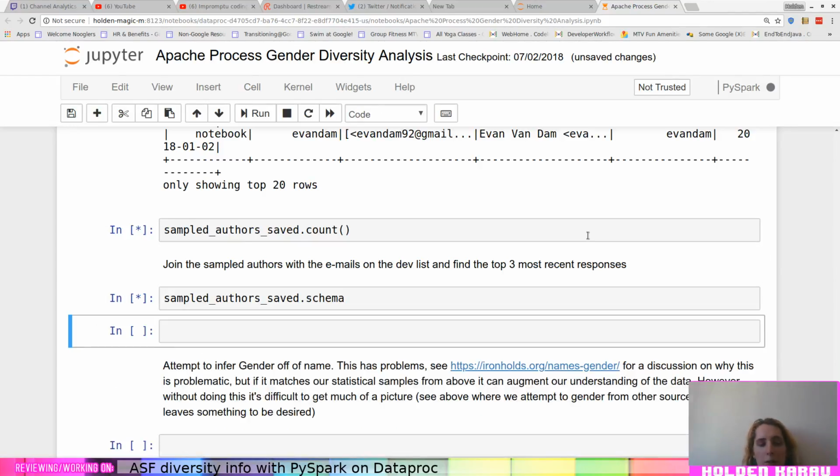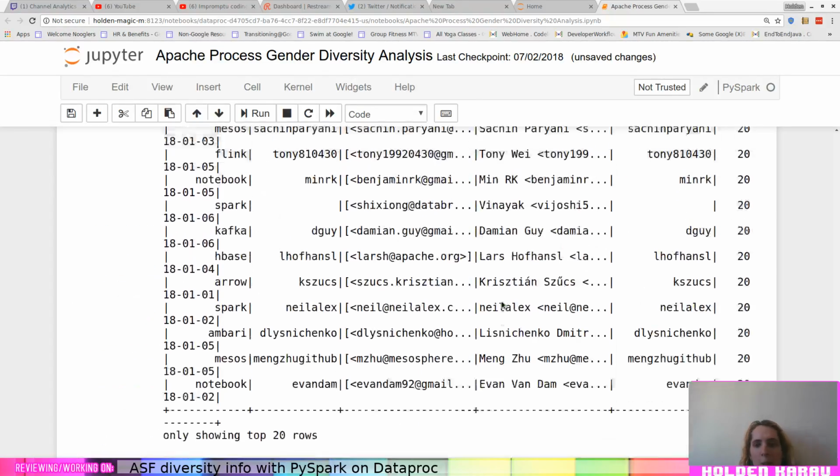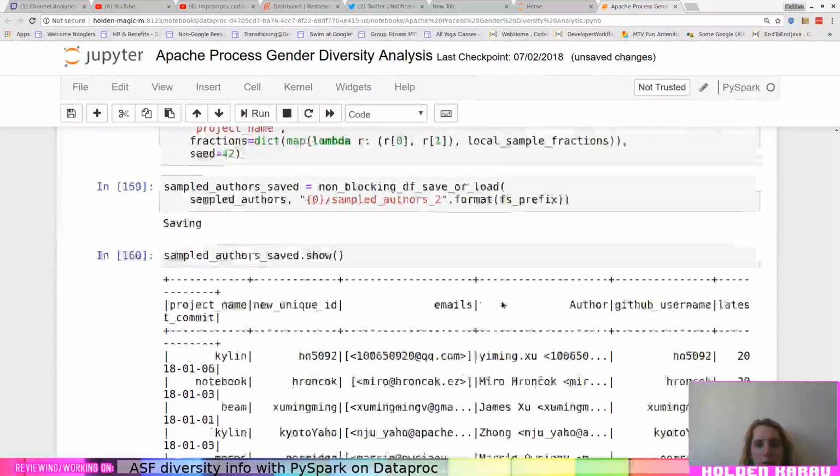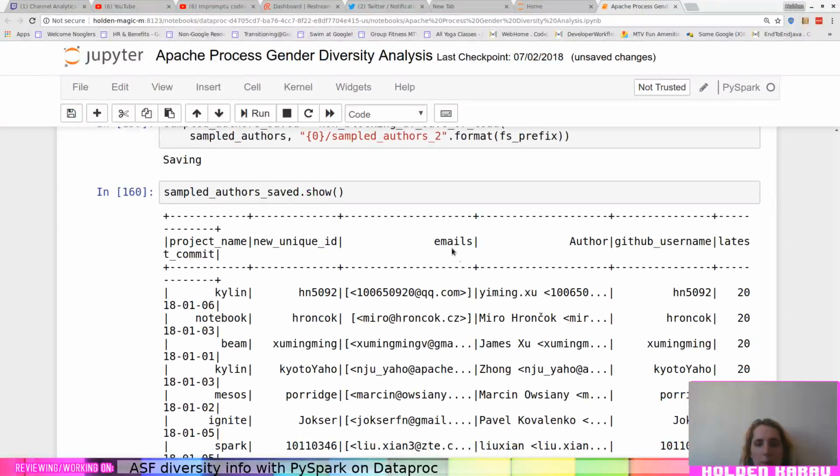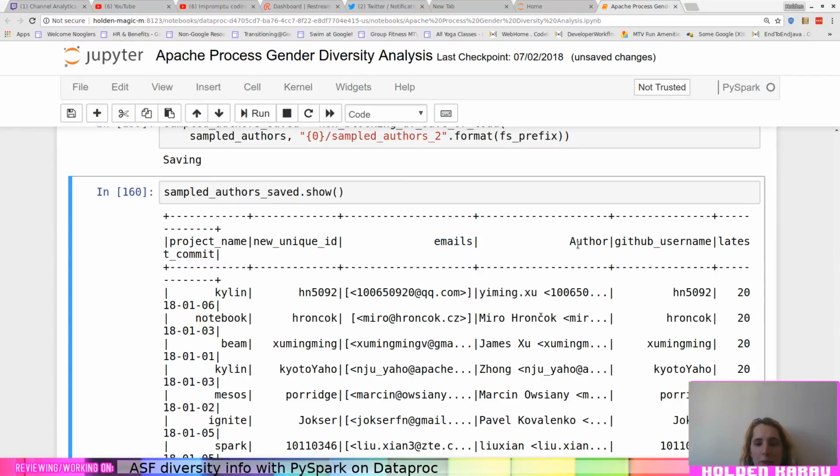But this gives us, oh damn it, I didn't want to rerun this just yet. But if we look here, we can see we've got some email addresses and the author. And so what we want to do is, because we're trying to collect information about the gender diversity of the people, the way that we're going to try and figure out what the gender of a contributor to a project is